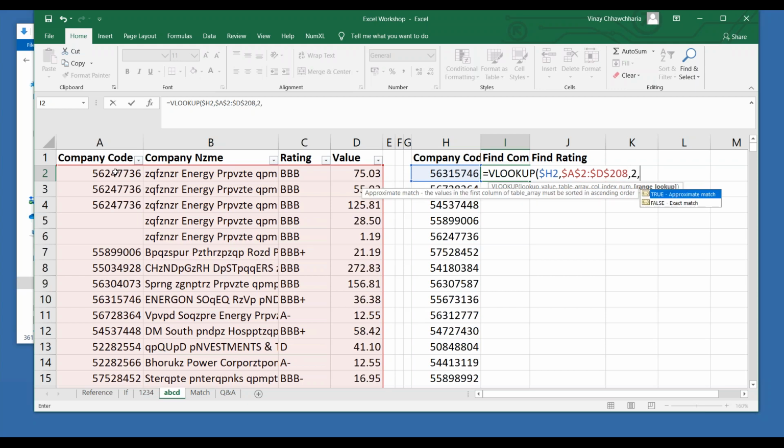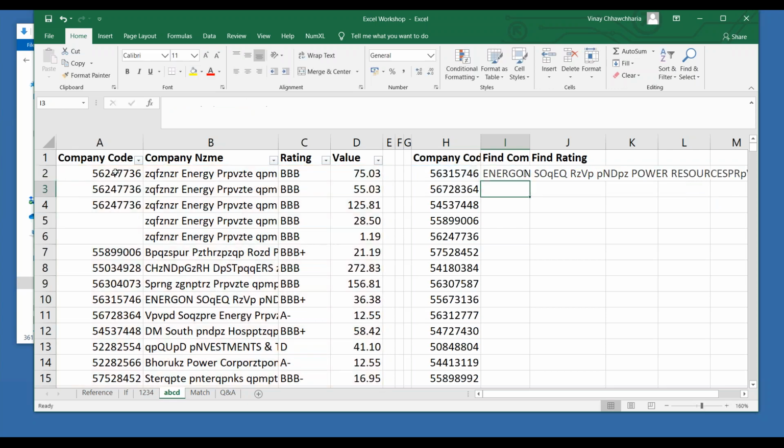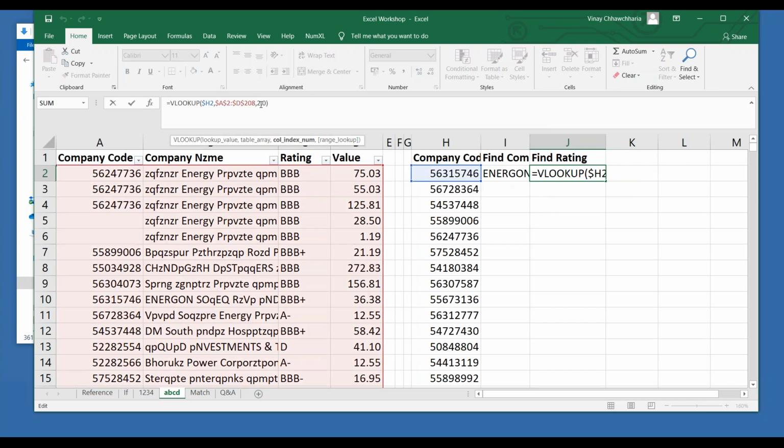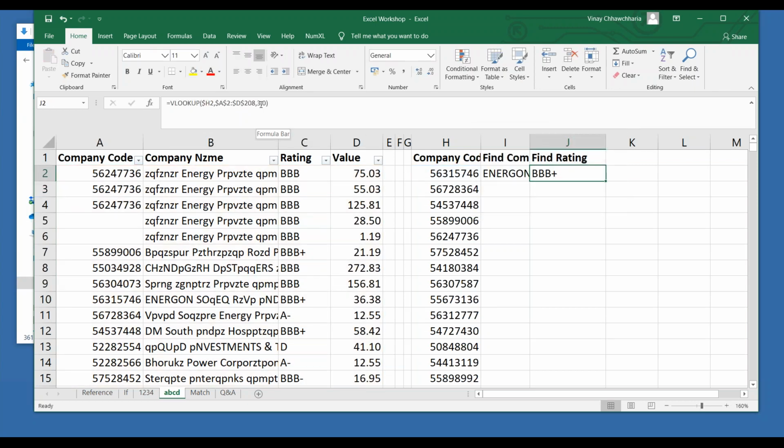So let me just put a 2 over here and close this formula, right? So I'm getting the name. If I'm copying this formula here, I just go and make this as 3. So I'm getting the answer, right? But now let's say I'm just writing this 2 over here and 3 over here, I'm just creating this example for you so that you can appreciate the magic of Excel.